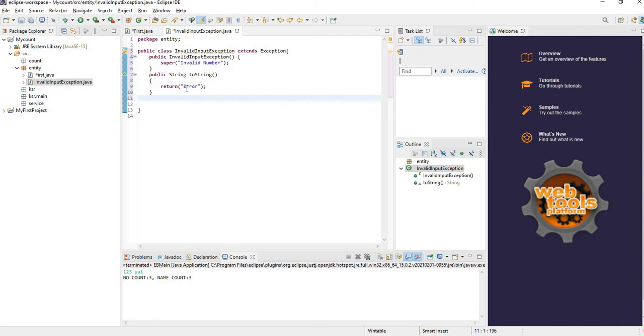Public String toString(), return, we have to return the message as "invalid number". So the toString() method is used to return the message in the form of a string, so that the particular value will be returned in the form of a string.